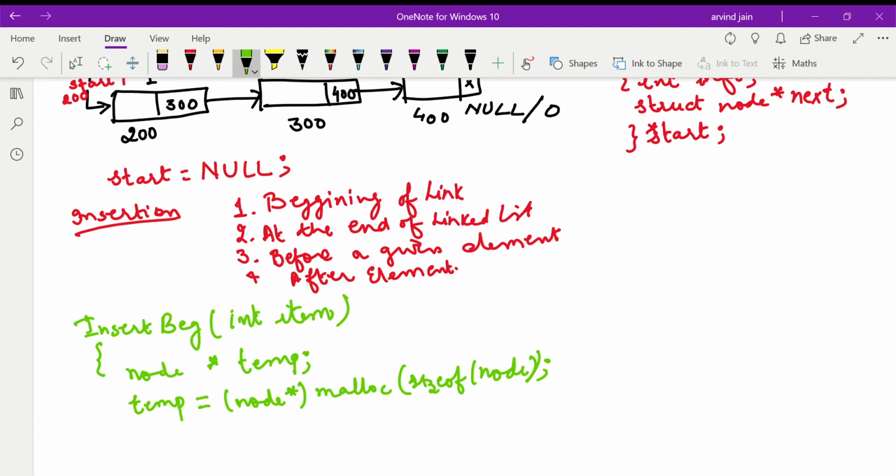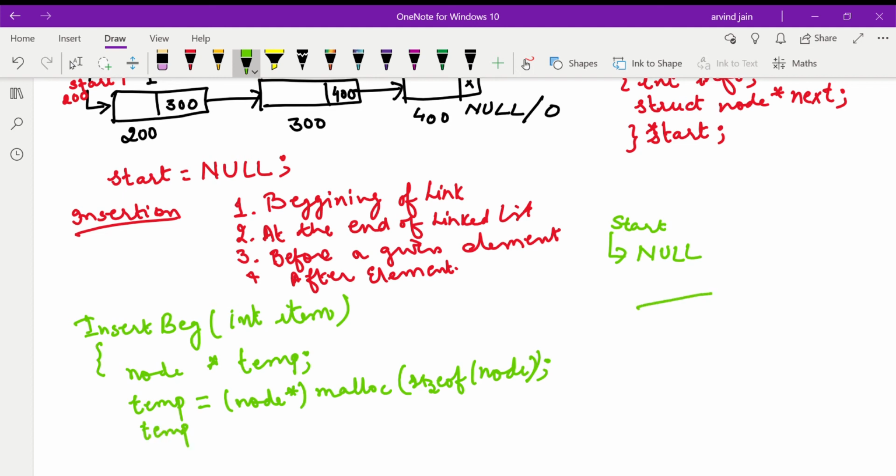But nowadays memory is not a big issue, therefore even if you are not checking it equal to null, it is okay. Then you will insert at the beginning of the linked list. There may be two cases. One is start pointing to null, that means your list is empty.